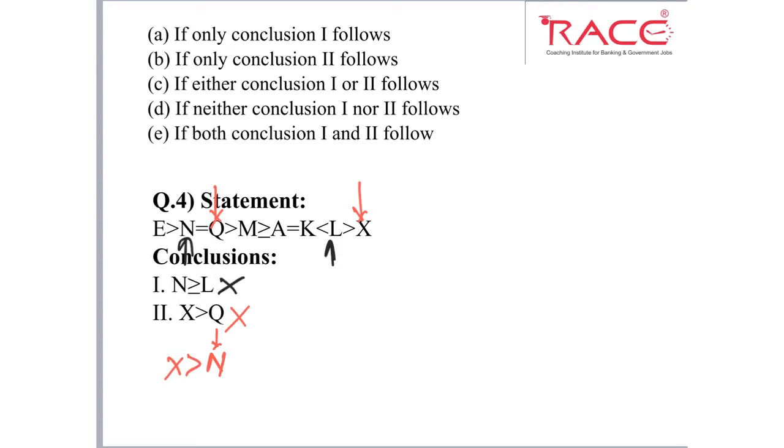So now here we have N and L, here we have X and N. So just check whether there is any equal-to relation between X and L. If there is an equal to, then X can also become L, but there is none. So what do we conclude? We conclude the elements in both the conclusions are different. So what is our answer? Our answer is D, neither nor. Okay, so be careful in this type of question.